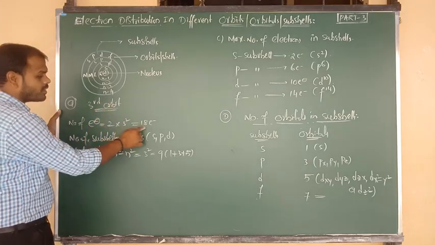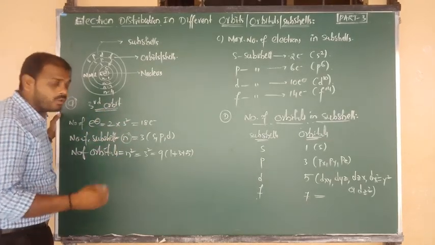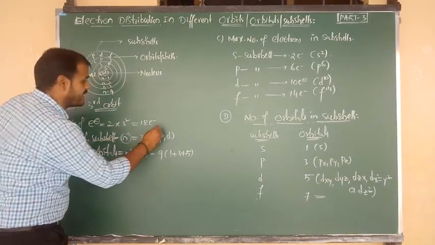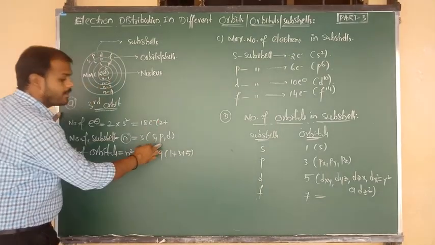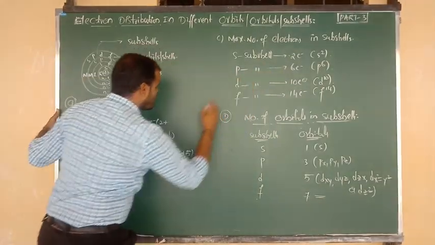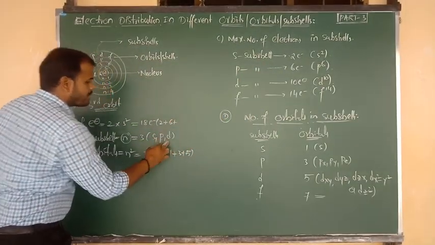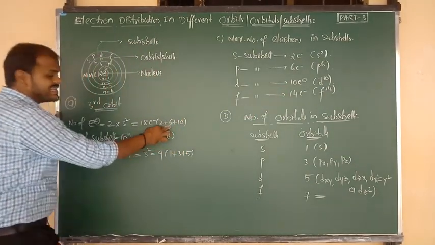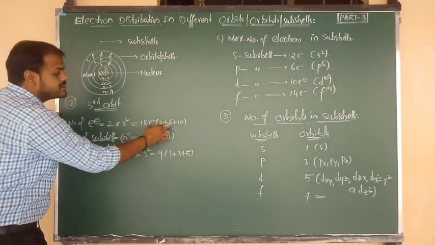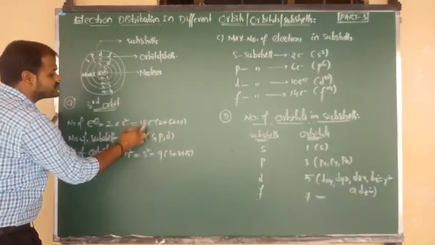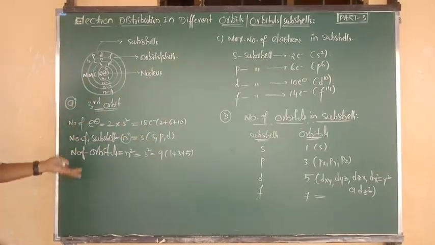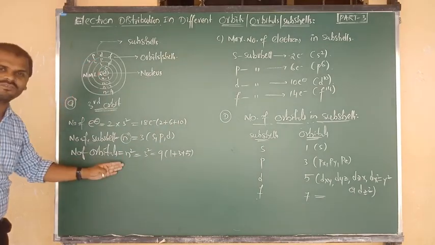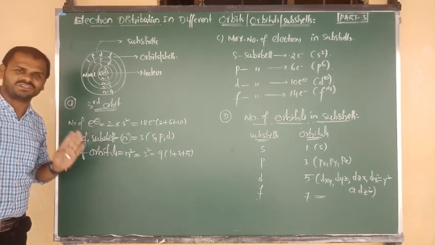So in the third orbit total number of electrons is 18, na beta. How? Here S subshell is there. It contains 2 electrons. P is there. P contains a maximum of 6 electrons. And here D is there. D contains a maximum of 10 electrons. So 10 plus 6 is 16. 16 plus 2 is what, beta? 18. However you do it, by seeing the diagram or by using the formula, you will get the answers as you wish.